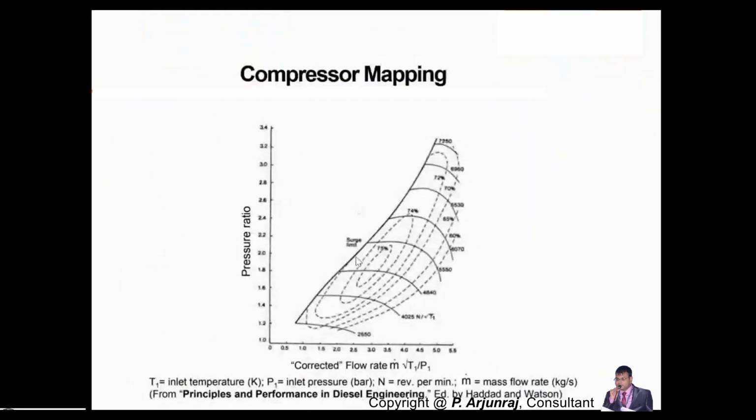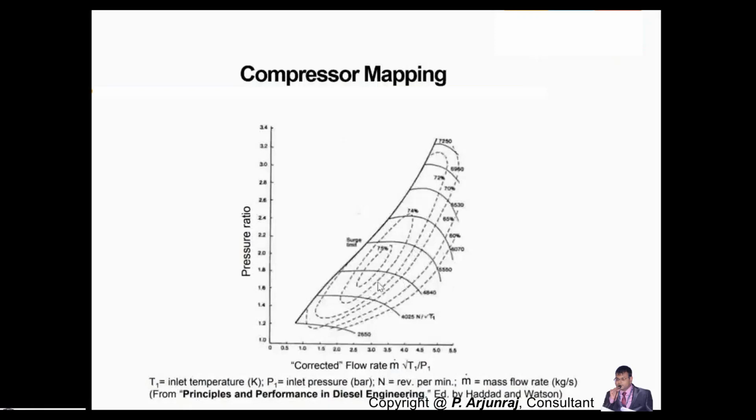I told you the surge limit is the operating zone where you need to select between the surge limit and the choke limit. So in between the surge limit and the choke limit, you need to select the efficiency of the compressor and also the RPM at which the turbine needs to